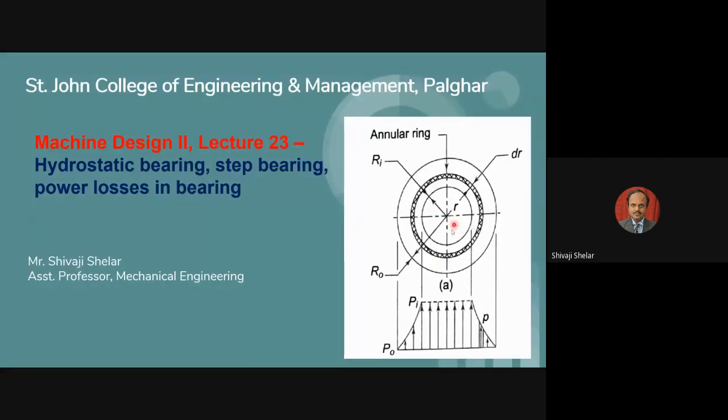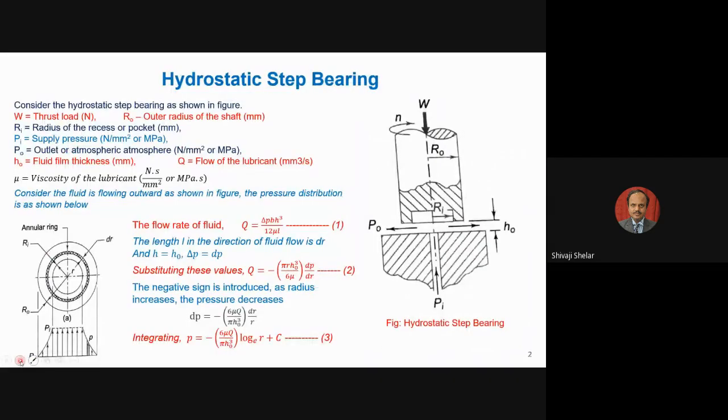So this is a typical diagram of pressure distribution across a circular step bearing. So let's go to our topic of discussion today. Okay. So we are considering here a small circular hydrostatic bearing. I have shown the hydrostatic step diagram here. So what we are going to do, we are going to support an axial shaft having axial load. So this is a rotating shaft having axial load W.